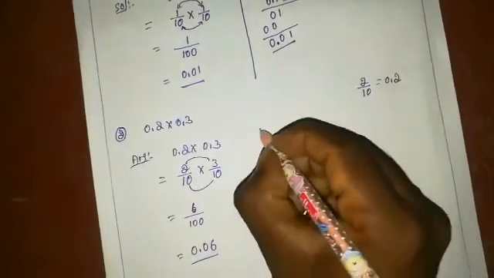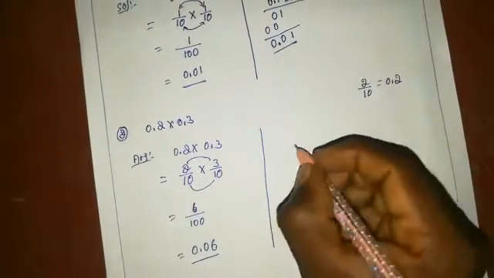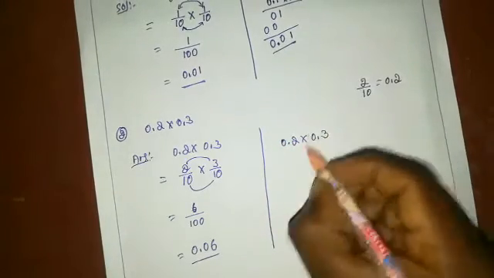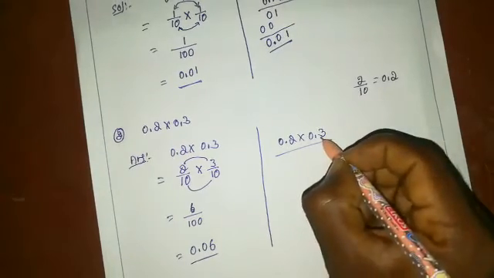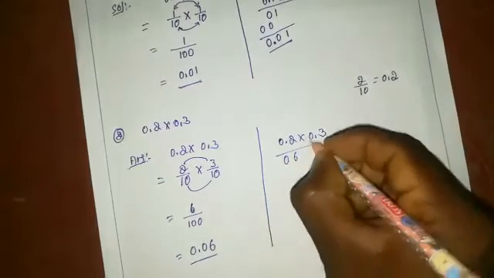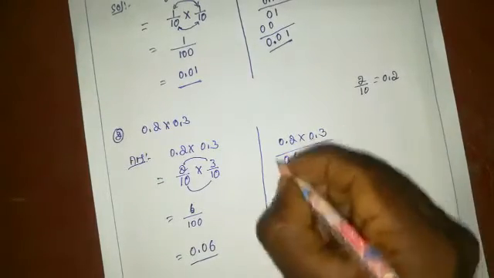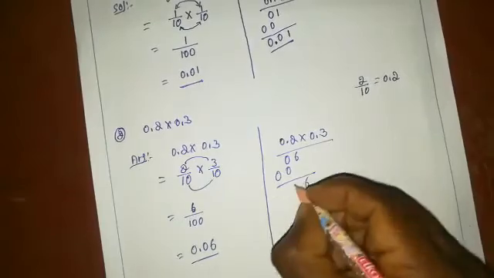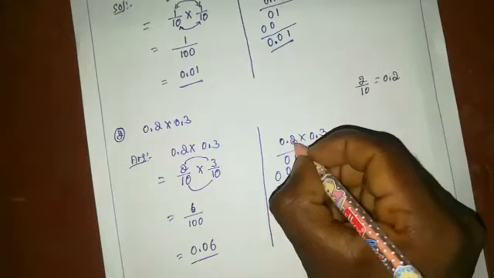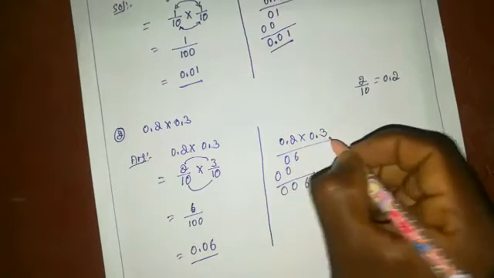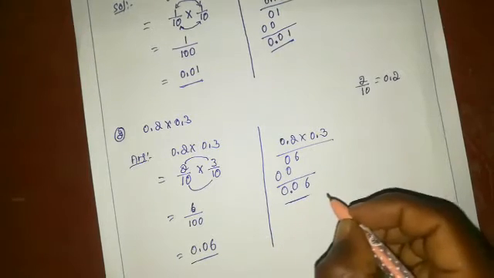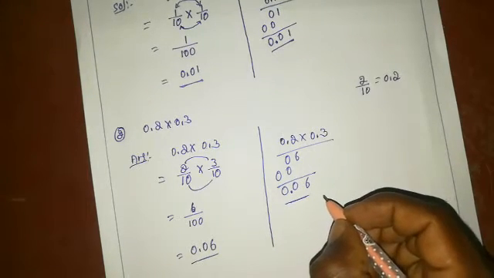Now we check with another method whether the answer is correct or wrong. 0.2 into 0.3. We have to multiply 0.2 by 0.3. 3 2s are 6. 3 into 0 is 0, 0 into 2 is 0, 0 into 0 is 0. So 600. Here after one digit we have a point, and here also the same, after one digit a point, so we put the point after two digits. 0.06. In both methods we get the same answer.